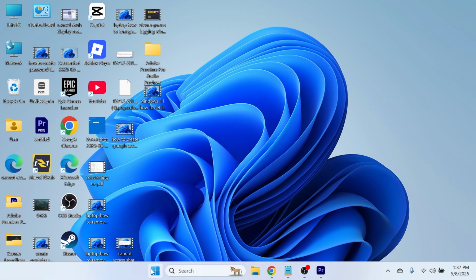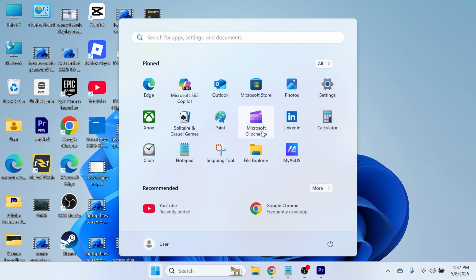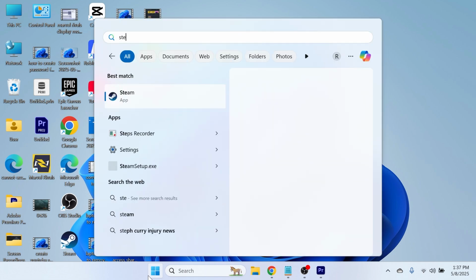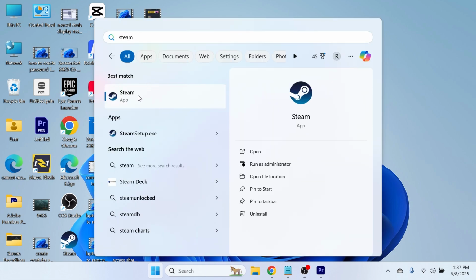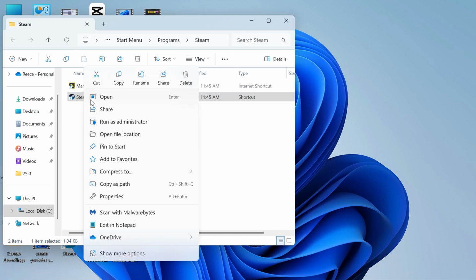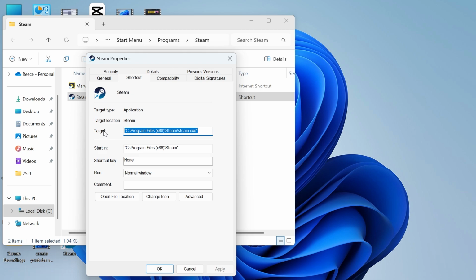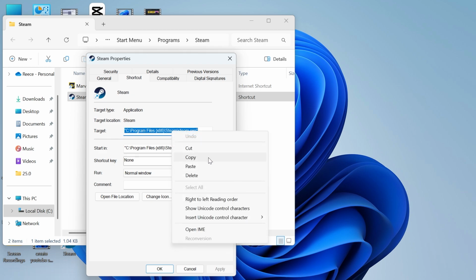So we're just going to come over to the Start menu and search for the application you want to add. So let's say, for example, you wanted to add Steam to your startup. You can just right-click on the application, click on Open File Location, and then right-click on it again and click on Properties. Now you need to come over to the target text and you need to copy all of this